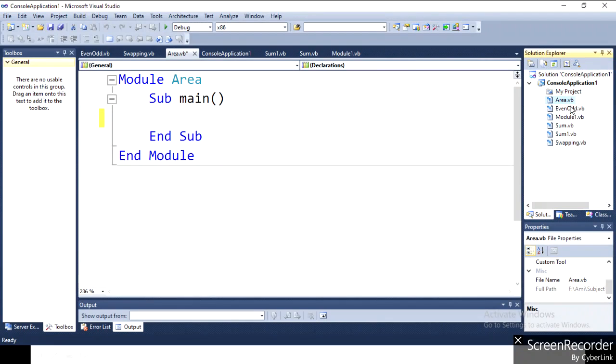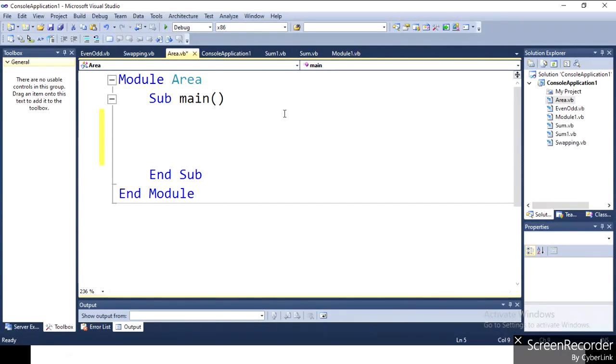I create one module with the name Area. Here I perform the practical to find the area of a circle. So create a module with Area. In Sub Main, I write the program to find the area of a circle.